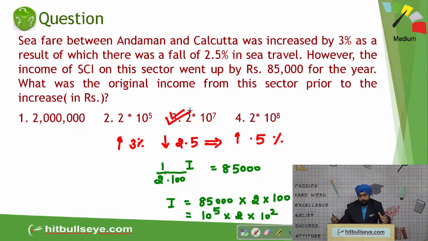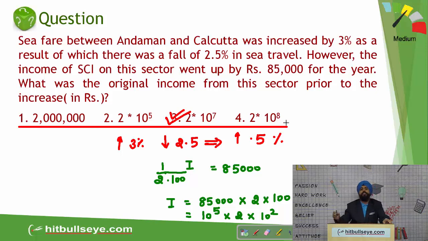Now some of you might be surprised, how can I take 85,000 as 1 lakh? Students, I am very clear. Your answer options are telling me that it has to have 2 and then all others are zeros. So 85,000, in order to make it all zeros, either I need to take it as 10,000 or to take it as 1 lakh. 10,000 is too short a figure, so we take the closest one, which is 1 lakh, right? So answer is 10 raised to power 7 along with 2. So third option. Moving on.